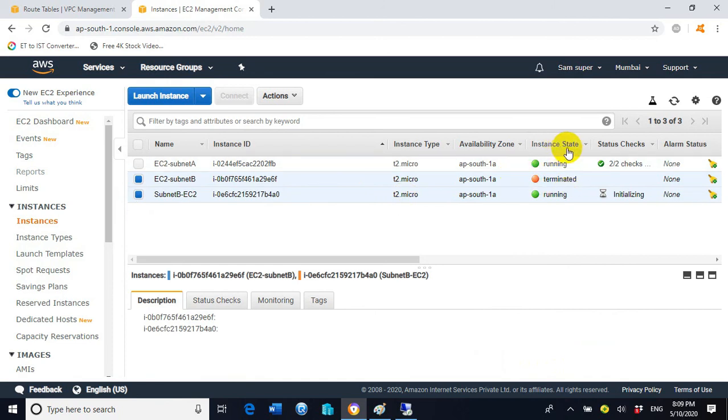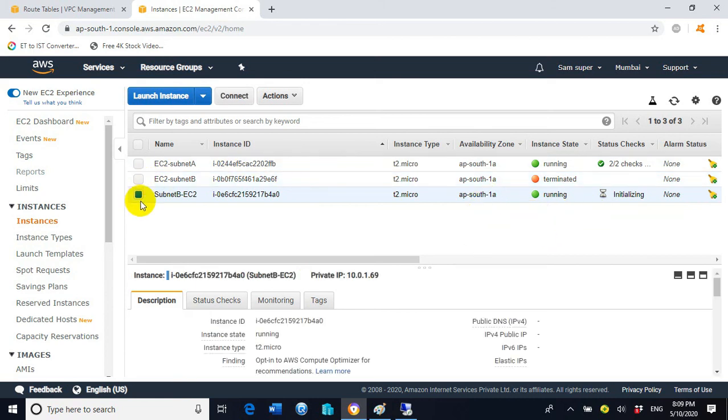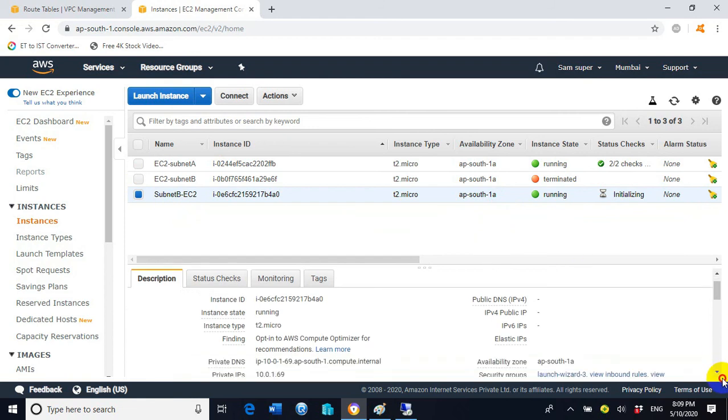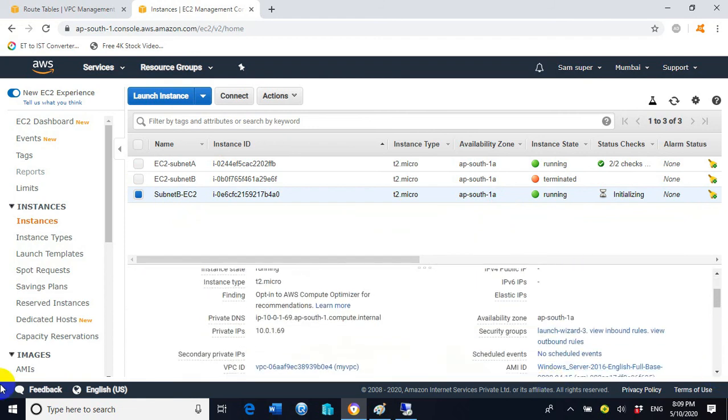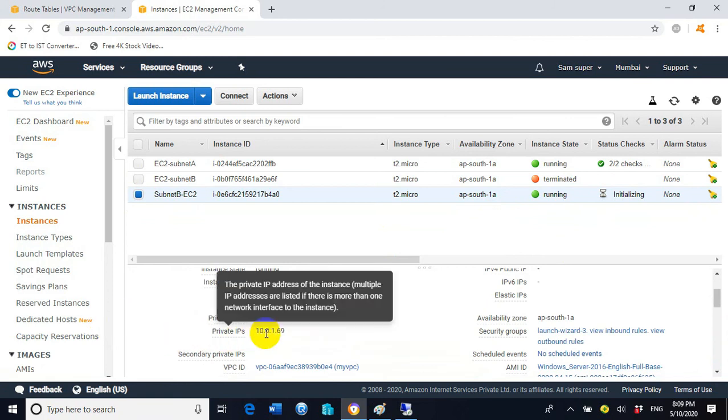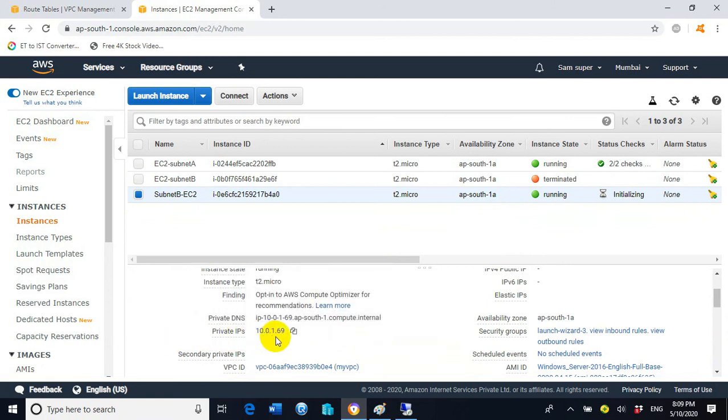So the instance state has now changed to running, and we are waiting for the status checks, 2 by 2. If it shows a green tick, then this EC2 instance will be ready to use. And you can see here the private IP address has been assigned, that is 10.0.1.69.